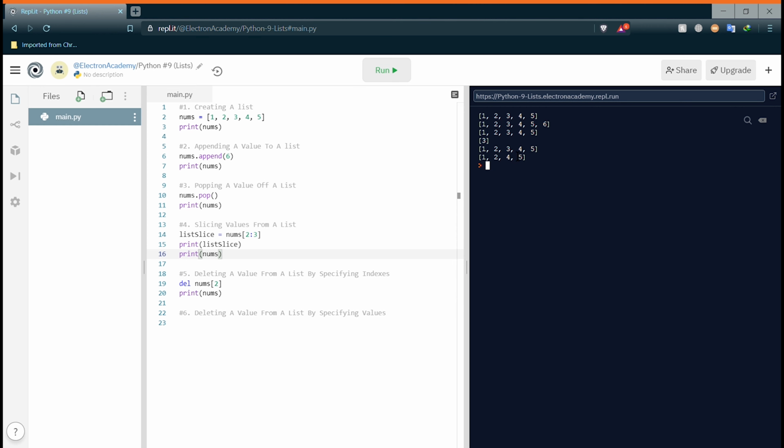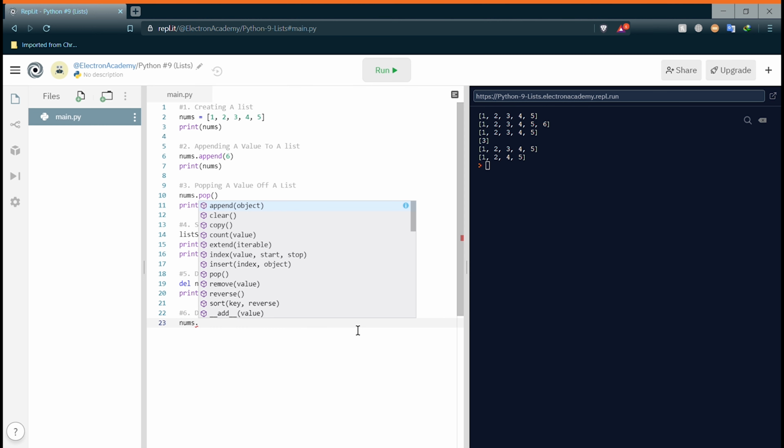Now I want to do the same thing, but this time I want to use the value itself. I don't want to specify an index. I want to specify the value directly. So instead of writing the index 2, 3 was located on the index 2, so it automatically removed the number 3. But what if I wanted to specify the number 3 and it would find it in the list and then remove it? I can do that using the method remove. So how am I going to do that? First of all, as all methods work, name of the list nums